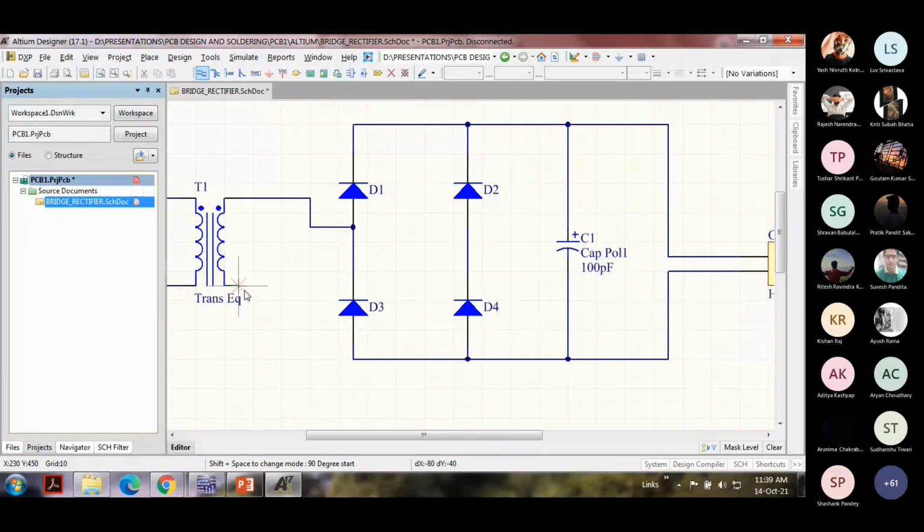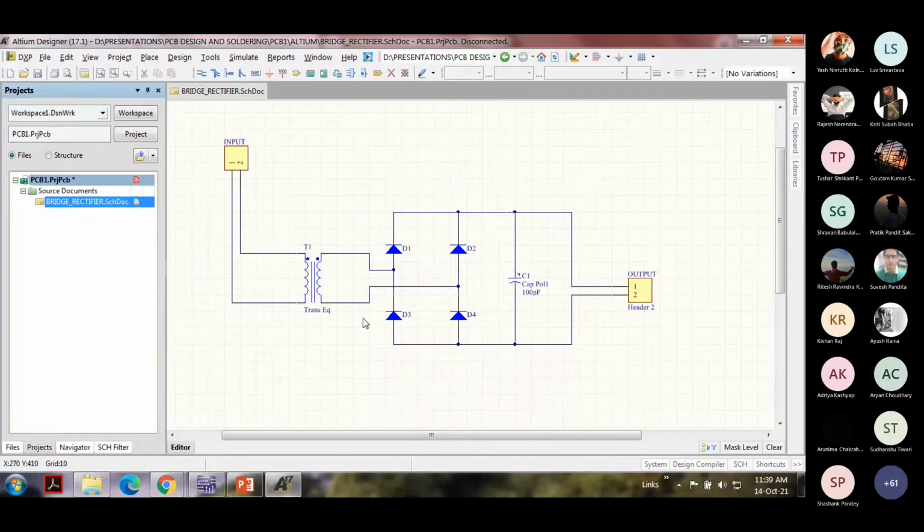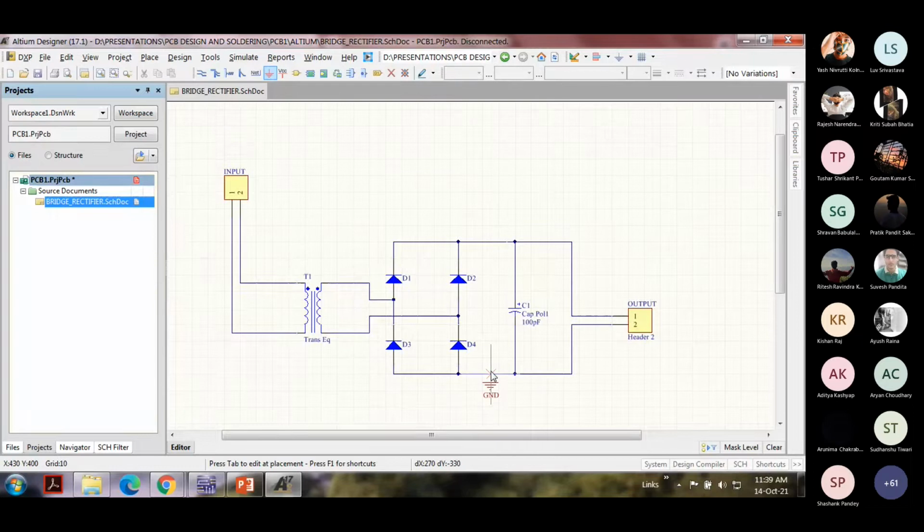That actually finishes our schematic diagram. Okay, one important thing, we have to place a ground here.